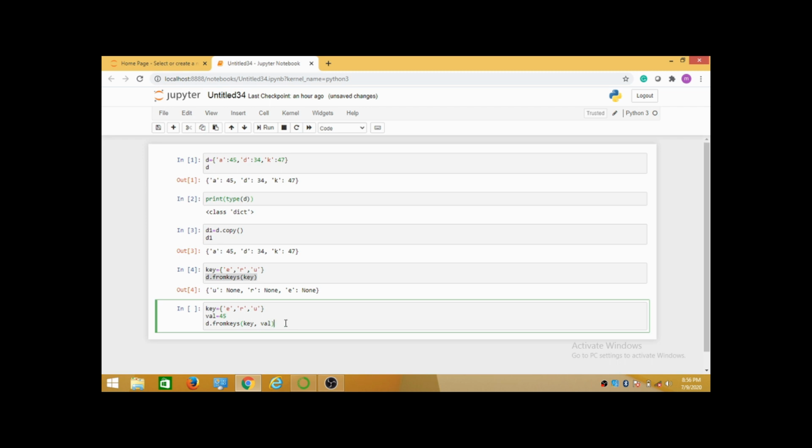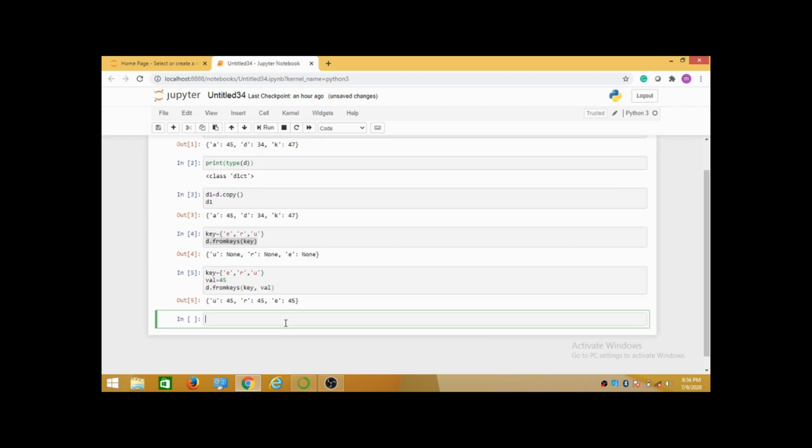And see, whatever sequence of keys I gave, I am getting those keys here, and I set the value 45. So each and every key I gave has that 45 value.